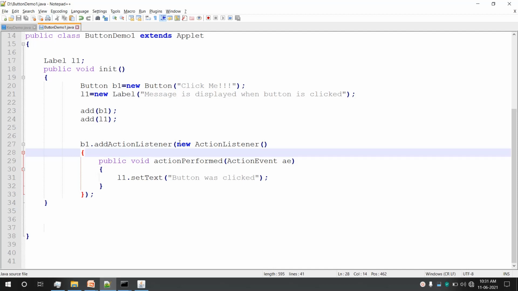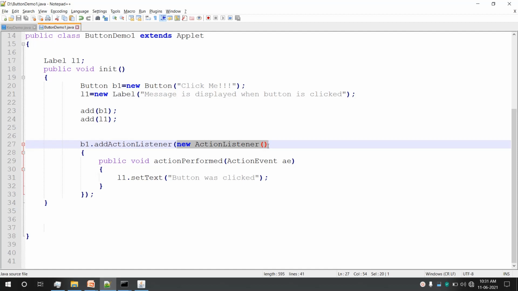Now try to understand how the anonymous inner class is declared. This line is your class declaration line, but a class without the class name. We have declared it without the class name. Only the last part is the inheritance part. If the class is inheriting an interface or another class, that should come here after the new keyword.